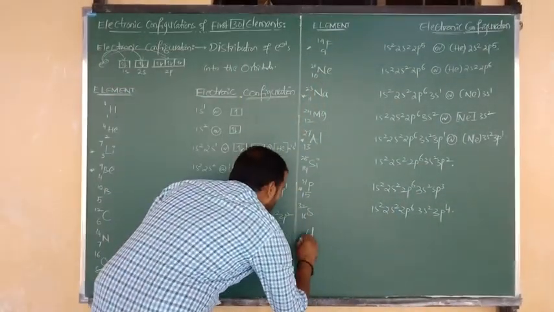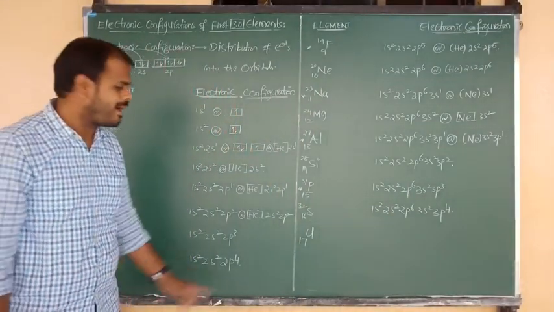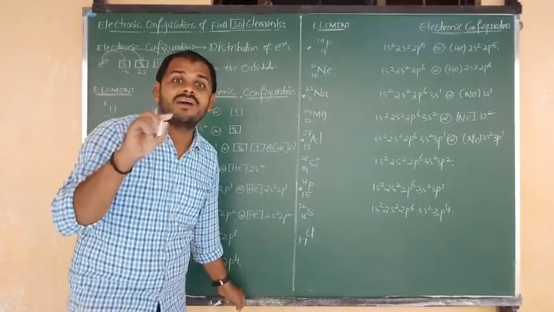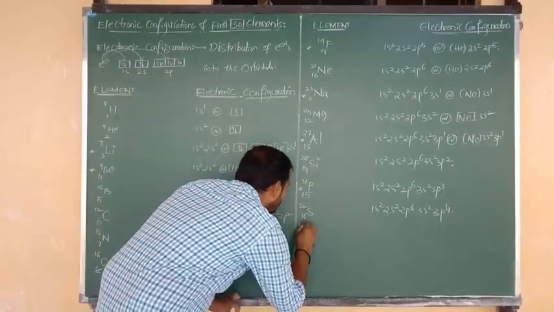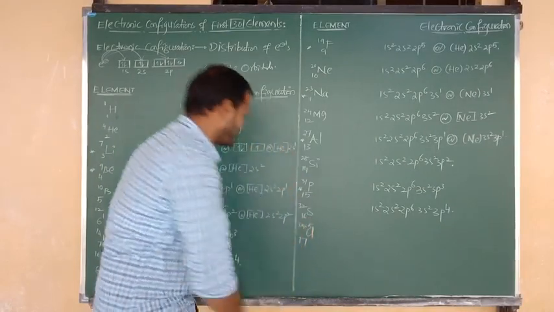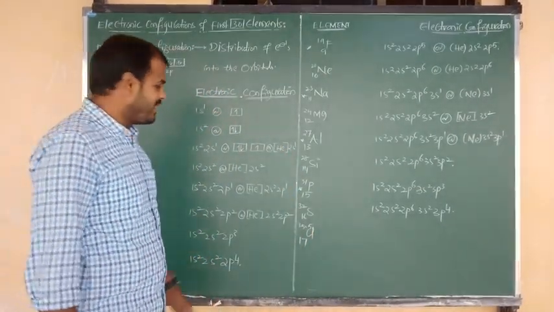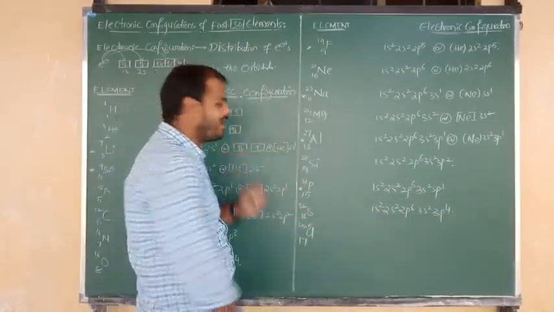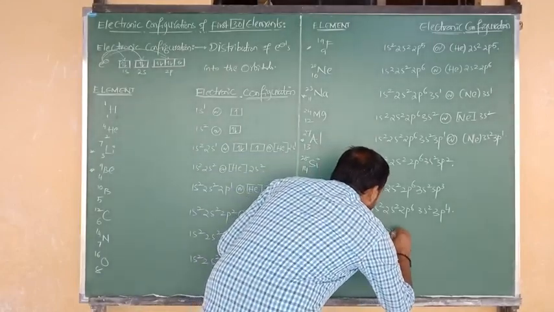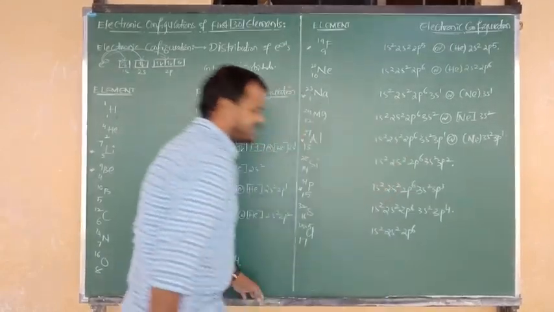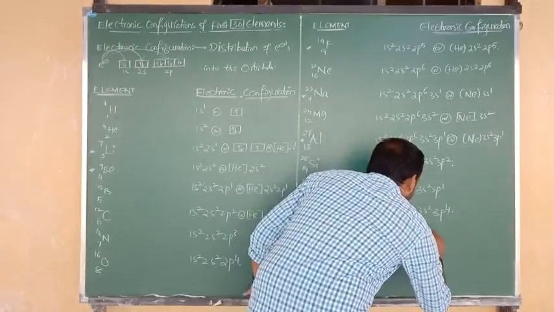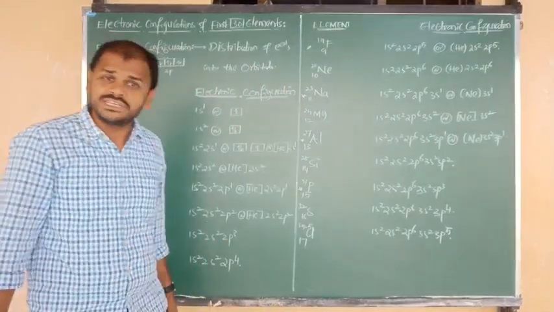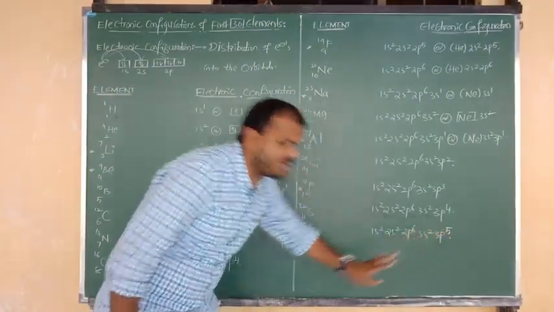Next one is what, beta? Chlorine. Chlorine symbol is Cl. Atomic number is 17. Mass number, I have told you in the previous class, average atomic mass of chlorine is 35.5. Okay beta, good. So chlorine contains a total of 17, means 3s2, 3p4 becomes 3s2, 3p5. So overall configuration is 1s2, 2s2, 2p6, next one is 3s2, 3p5. Okay beta, and simply we can say shortly neon 3s2, 3p5.